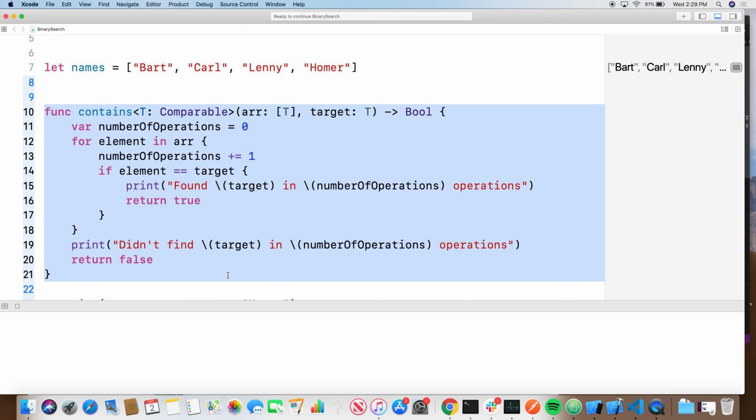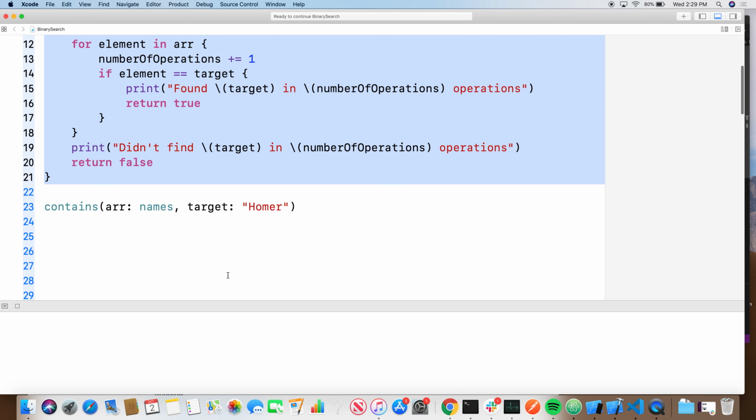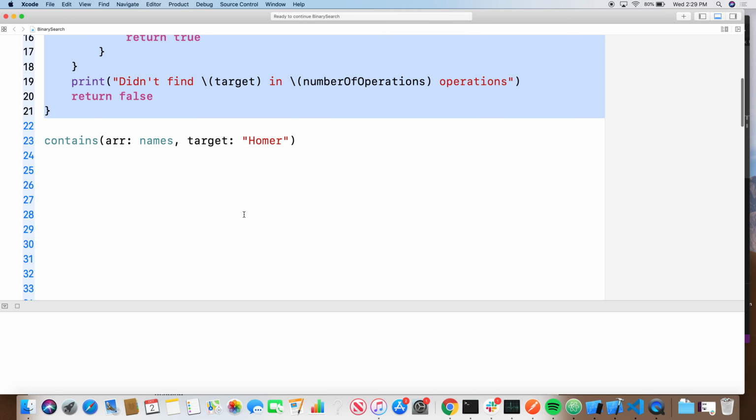So what we're going to implement is our own algorithm that says, given a sorted array, we're going to make an algorithm that finds an element in as few operations as possible. And the algorithm that we're going to write is going to run in logarithmic time. It's going to run based off of log base 2 of the number of things in the original input array. Okay, so let's go ahead and see what that might look like. So to start off,